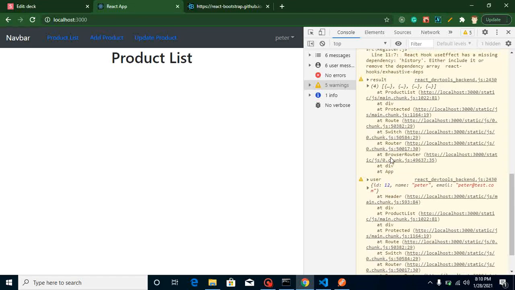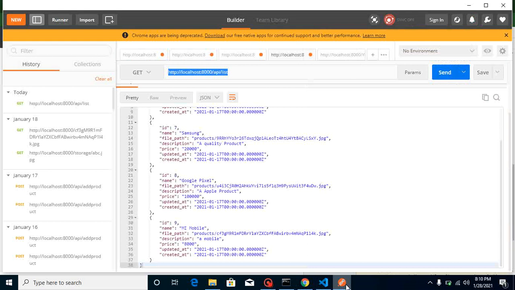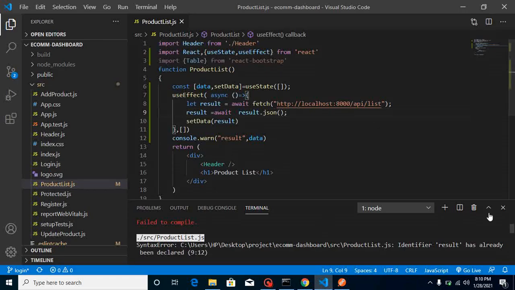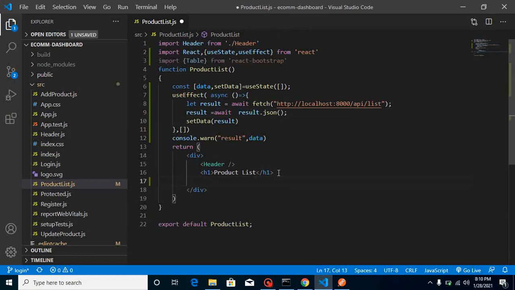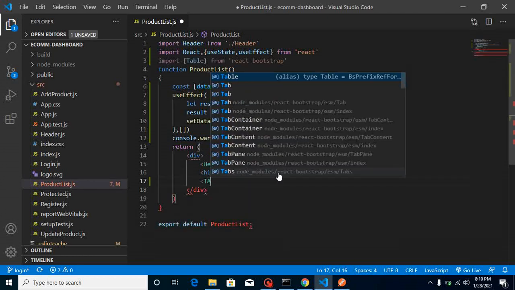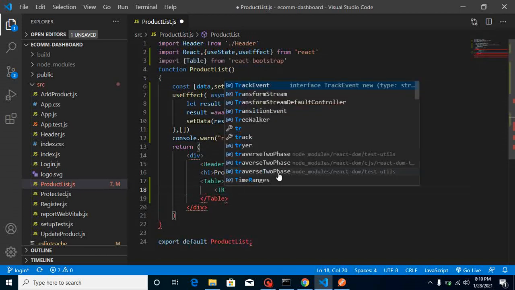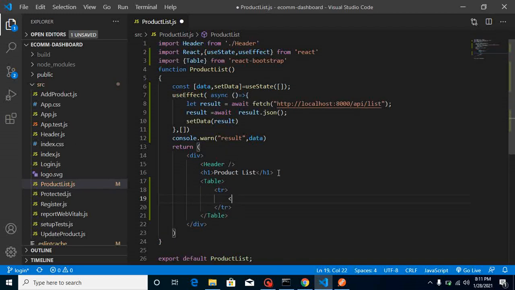Now you can see that we are getting a 4 result, as we have a 4 result on Postman also, right? So let me define a table here and put this data inside a table format. So just put here a table like this, and we can use a tr, td.